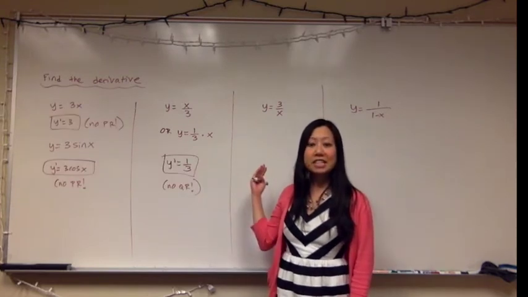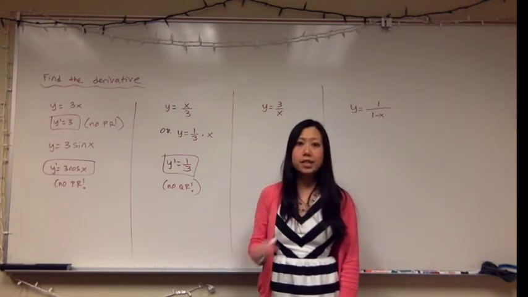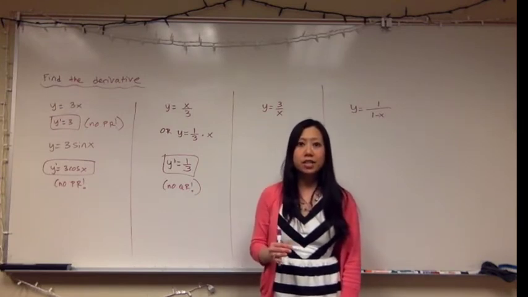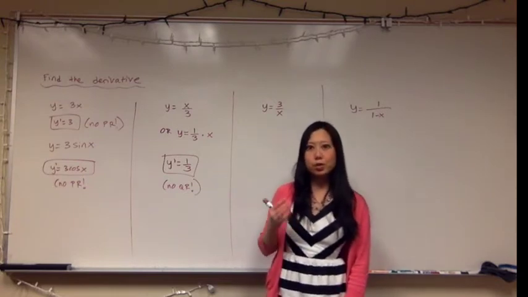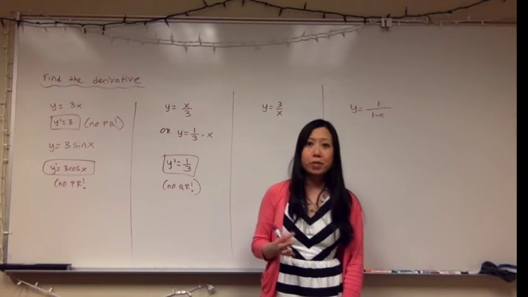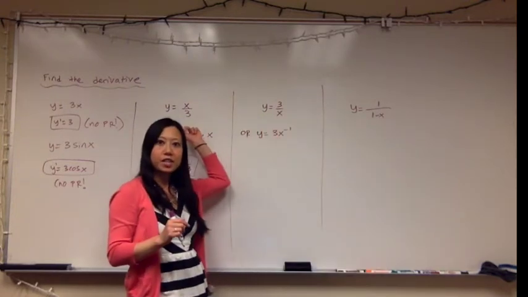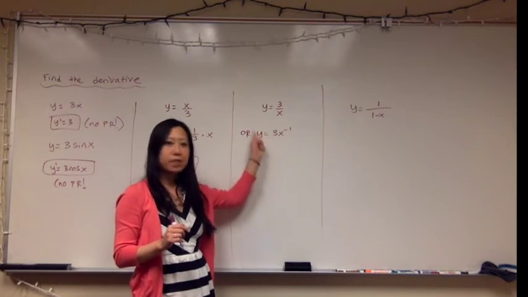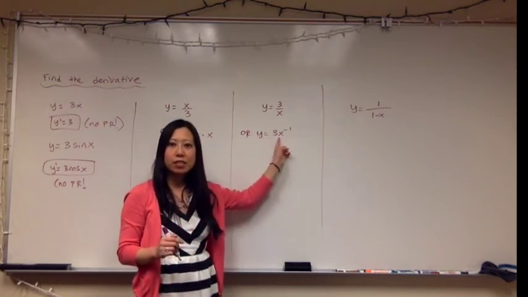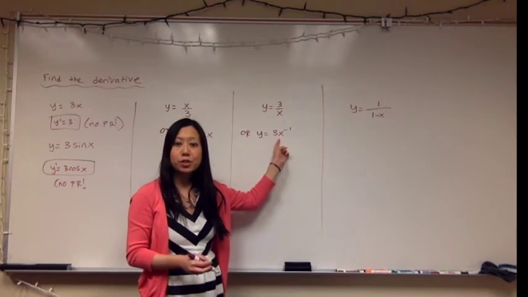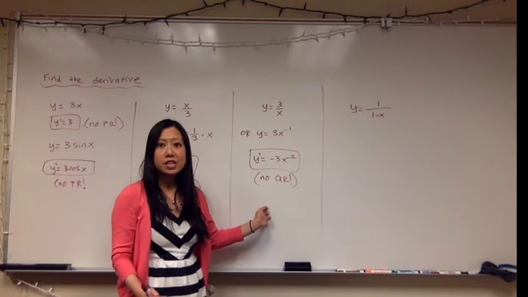Same thing with the next example. Again, anytime the denominator is all constant or the numerator is all constant, we just go ahead and manipulate the function a bit to try to find the derivative in a much easier way. We do not have to use quotient rule. This fraction is the opposite of this one, so here I could see that I could rewrite it with the negative exponent. This is the same as 3 times x to the negative 1, and now I just go ahead and use power rule. Again, you can use quotient rule, you're just wasting your time